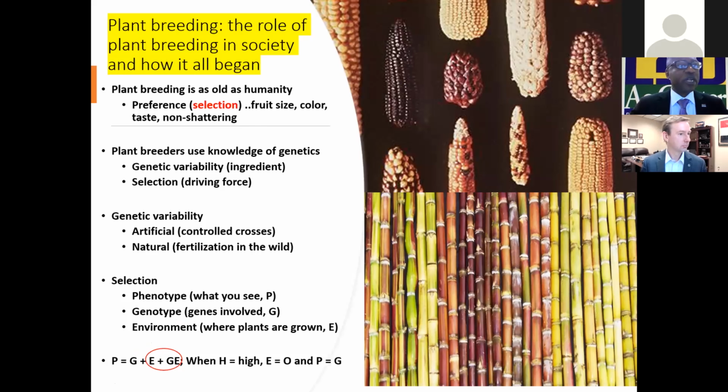I would like to start my talk today by highlighting the role of plant breeding in society and how it all began. In today's world, plant breeding can be described as the art and science dealing with the genetic improvements of plants. But I would like to submit to you today that plant breeding is as old as humanity itself and probably